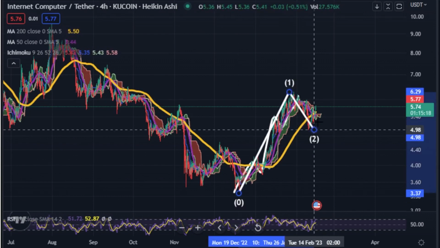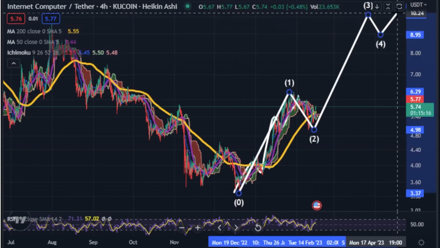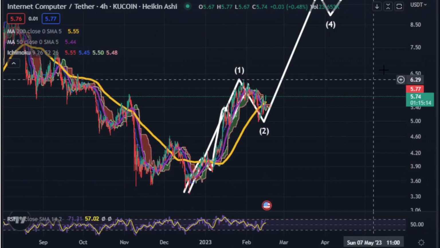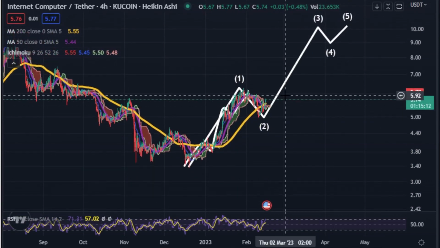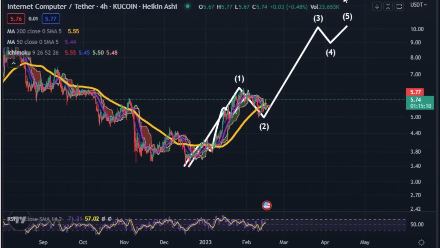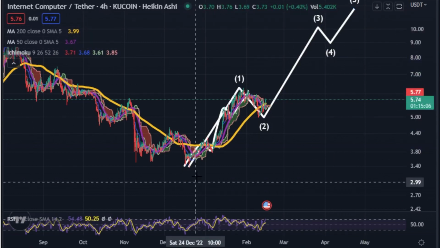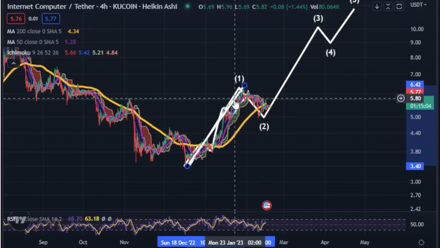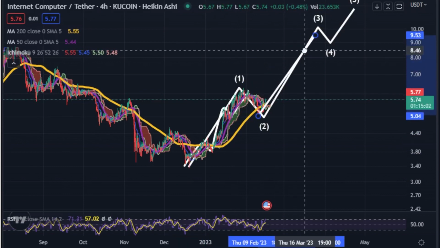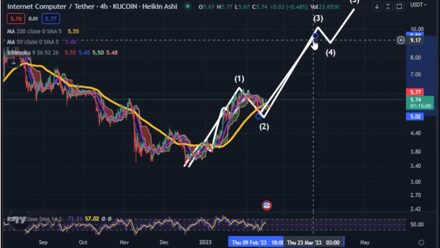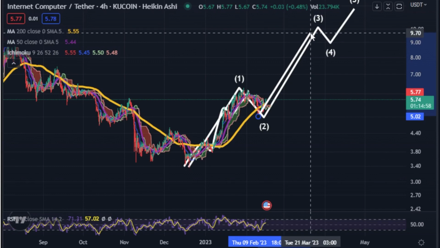By the theory, the third impulse wave cannot be the shortest impulse wave in an Elliott wave impulse. So what does that mean? Well, we have a guideline as to how high the second pump of this impulse wave could go. So I think it could go as high as